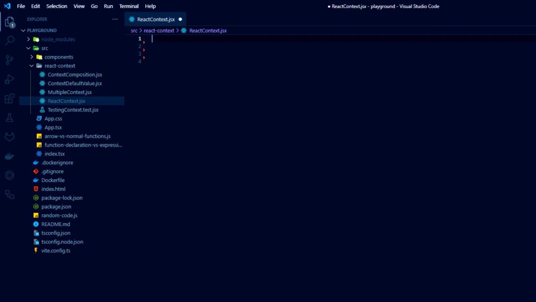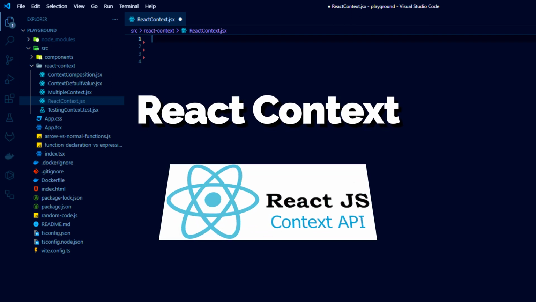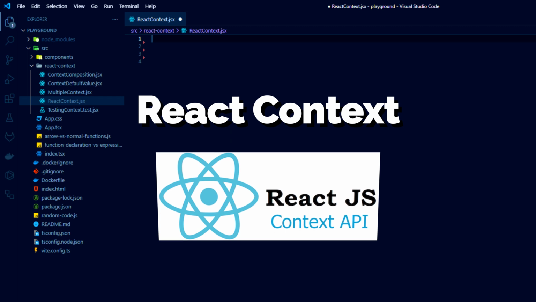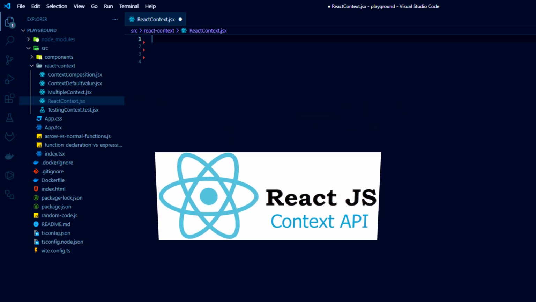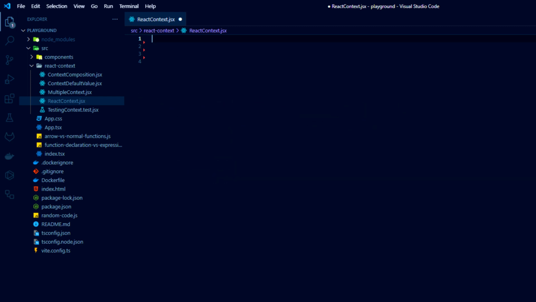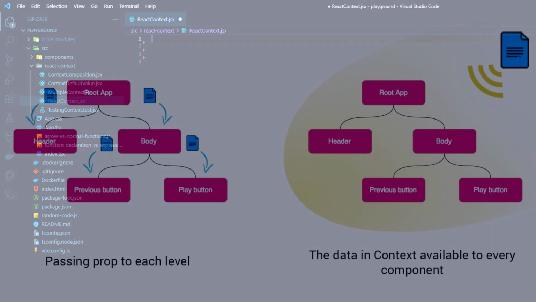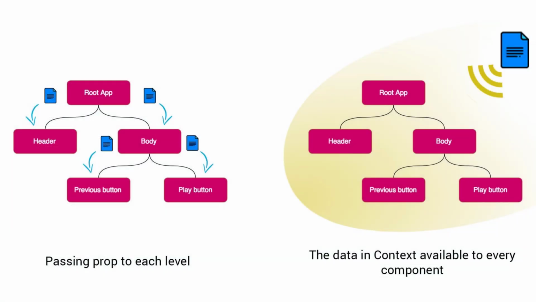Hey, today we will dive into Context API of React because it's really popular interview question. And you should be also familiar with this mechanism to be more effective React developer. Alright, let's get started. The Context API in React is a mechanism that enables efficient data sharing between components without